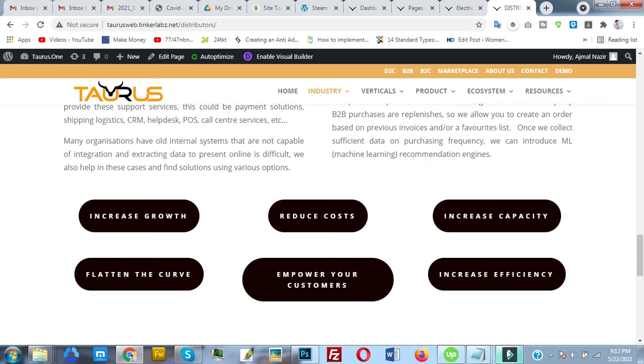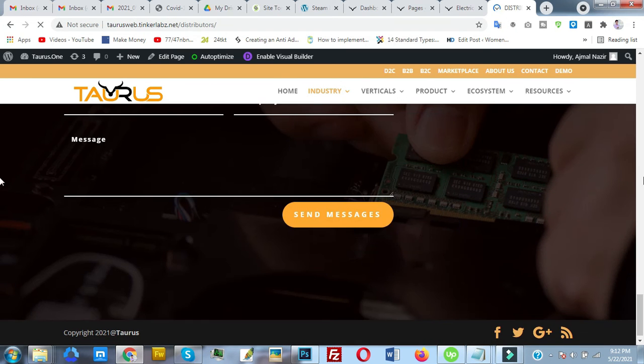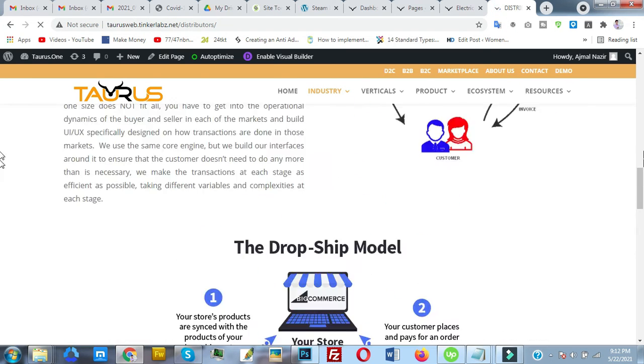It's still not loaded fully. I think I have boosted my laptop capacity, so that's why it might be having a problem. Yes, it's loading again. Let's give it some time.